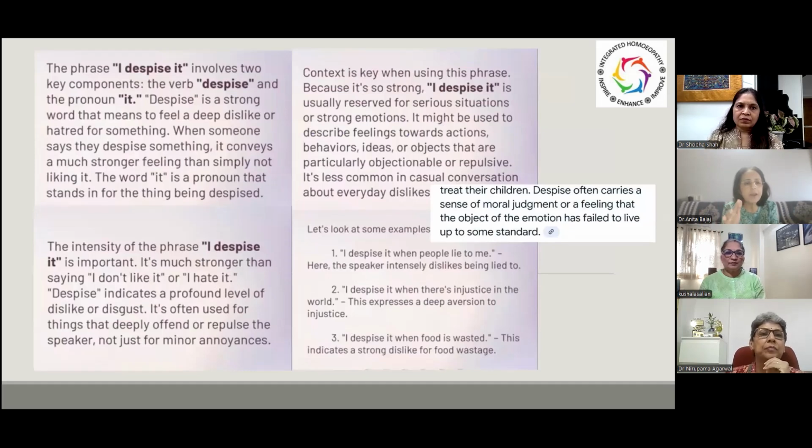Despise is very strong hatred, deep dislike. And it is basically, despise often carries a sense of moral judgment or a feeling that the object of emotion has failed to live up to some standard. मतलब ये आदमी ने अपना पति होने का फर्ज नहीं निभाया है। कितना गिरा? इतना गिरा कि अपने बेटे की फीस स्कूल से जाके लेके भी उसका दारू पिया। तो ऐसे लोगों के लिए जो हमारे मन में एक फीलिंग आएगी, जो एक नफरत आएगी, एक घृणा आएगी, एक निगेटिव फीलिंग आएगी, वो डिस्पाइस